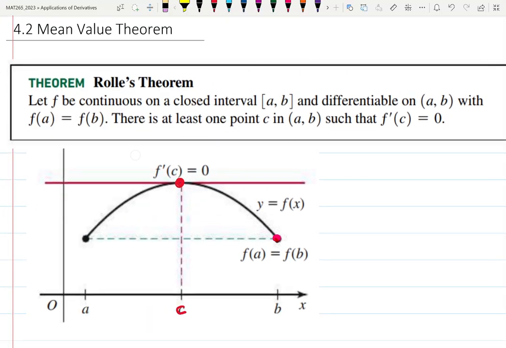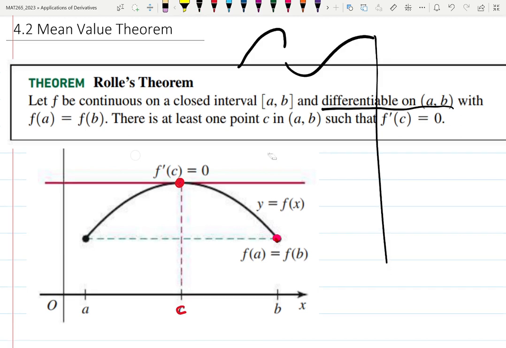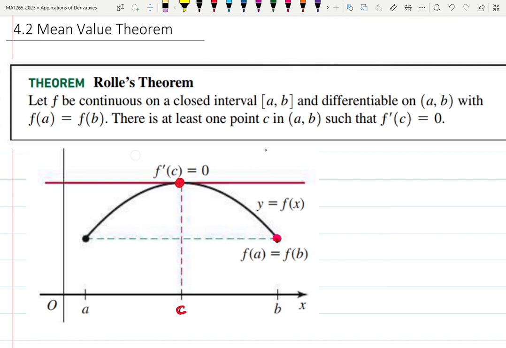4.2 Mean Value Theorem talks about how to find a mean value, like a mean grade of your grades. That's the average, right? So we start with this theorem that says if a function is continuous, or behaves nicely, on the closed interval and differentiable. What does it mean to be differentiable? It has a derivative. Don't overthink that, right? But also, if you remember, it means it doesn't have cusps and those kinds of weird things. So it's continuous, no gaps, no breaks, no vertical or horizontal asymptote on the closed interval, has a derivative everywhere in the open interval. And the edges match, f of a matches f of b, then we can find a point c